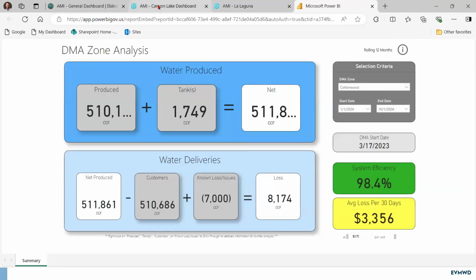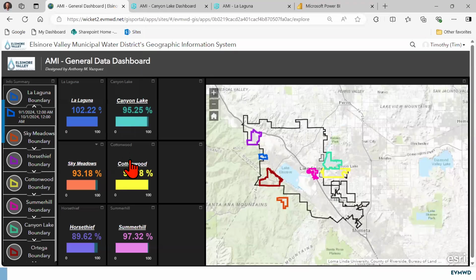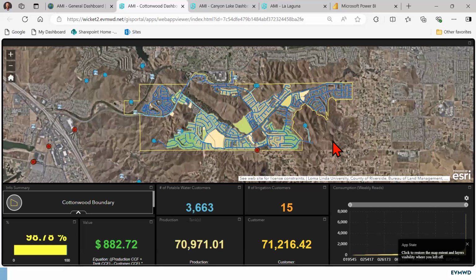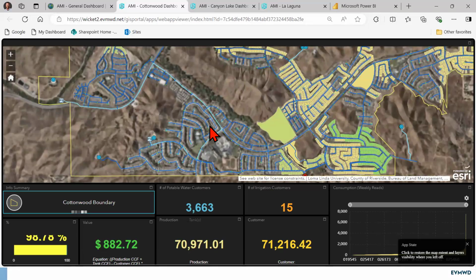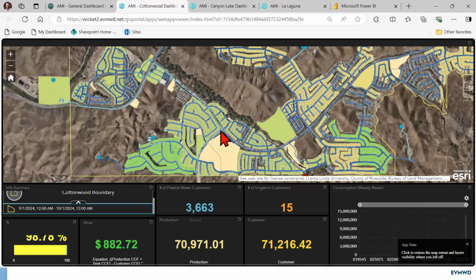So we'll go back over here to the general dashboard and look at Cottonwood Hills. Again, this is a very large community. You can see how big this one is, all highlighted in yellow. And as you zoom in, the properties will turn yellow again. So we've got 3,663 residential communities and 15 irrigation areas there. Again, this is all fed from one pump station. So this pump station down here has, I think, a 12-inch mag meter that feeds